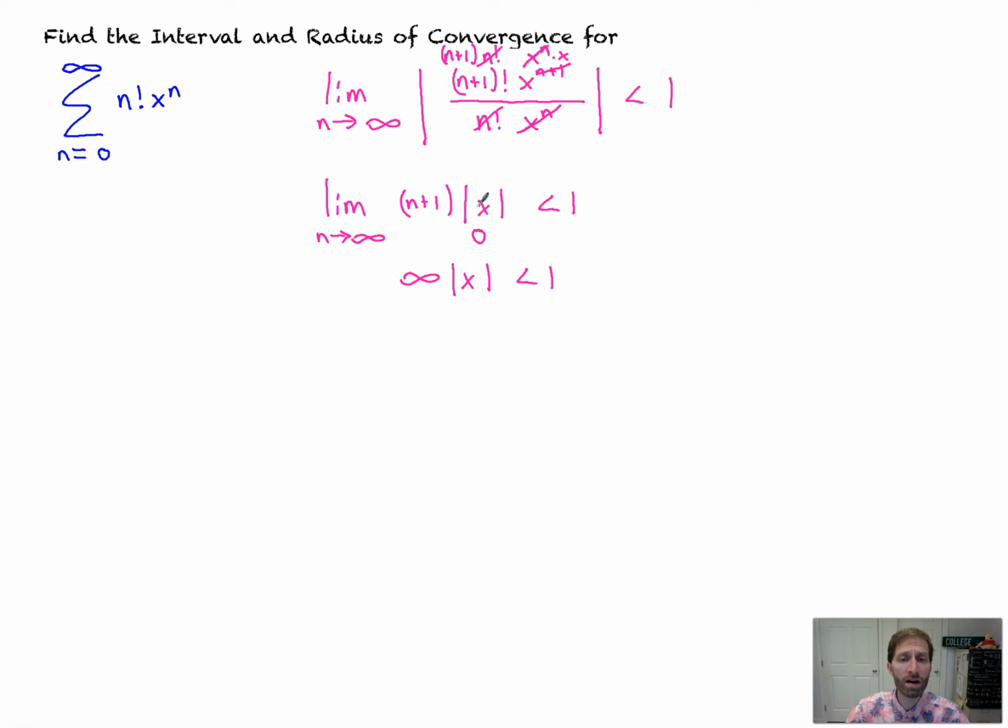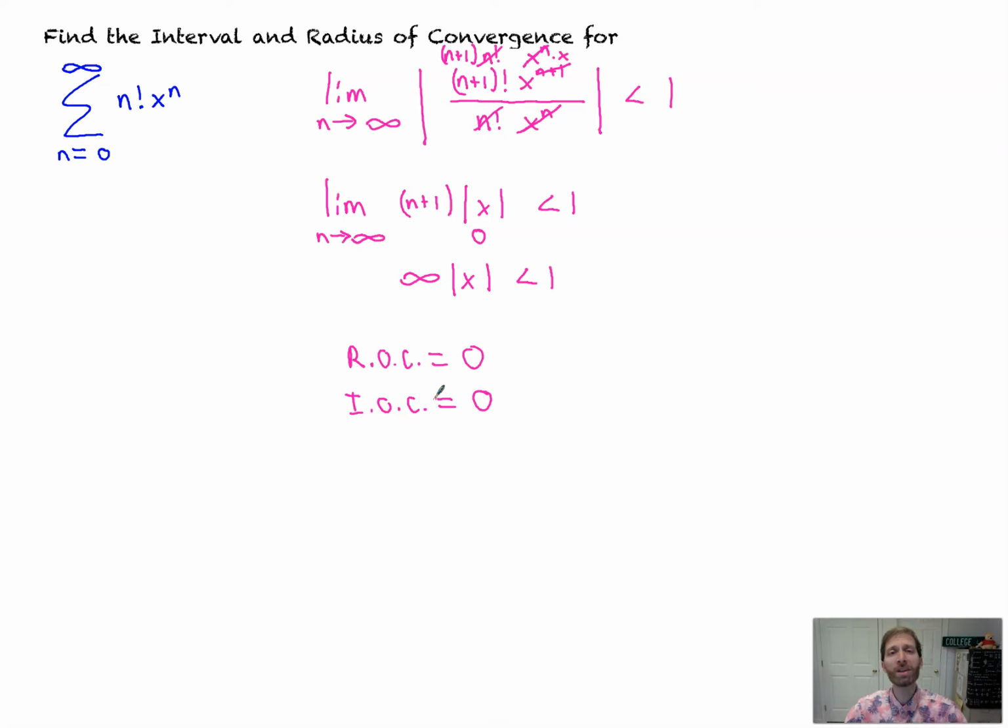If it was 0 right here, before we took a limit, 0 times a constant is 0, and the limit as n goes to infinity of 0 is 0. That's the only value that's going to get you less than 1. Every other x value plugged in here, then multiplied by infinity, is going to get you to a number far more than 1. Therefore, the radius of convergence, the ROC, is 0, and the interval of convergence is equal to 0,